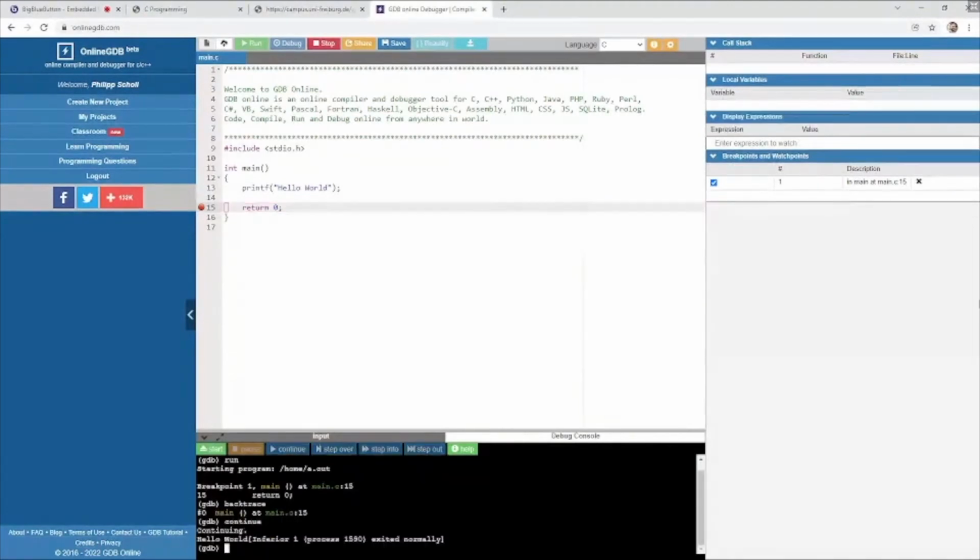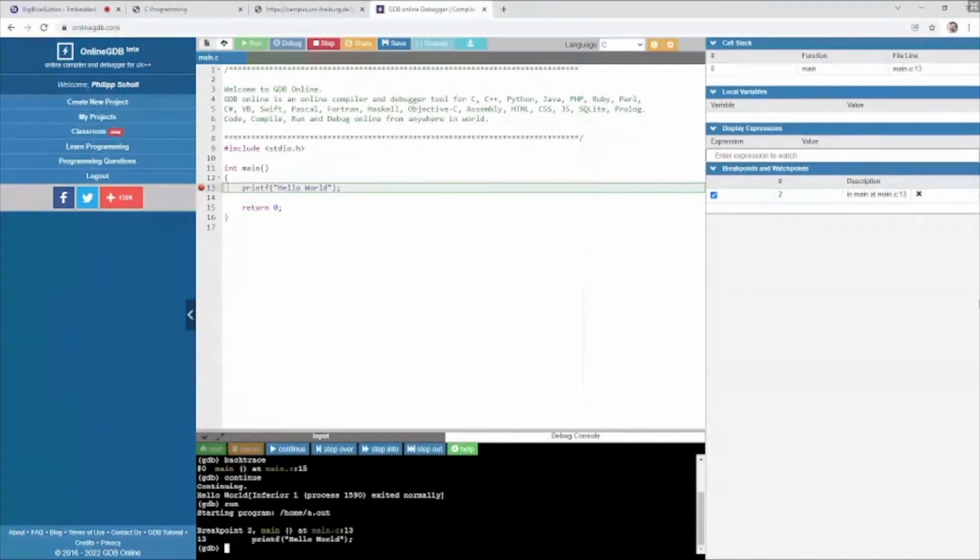And we see, okay, now there's the output of our printf, and that's basically it. Now let's say we want to look into a little bit more detail what the printf function actually does, for whatever reason we are interested in that. What we do is set a breakpoint a line higher, before we execute the printf function. We run the program again because it stopped, and now we stopped at the